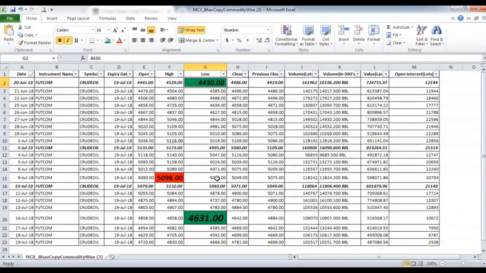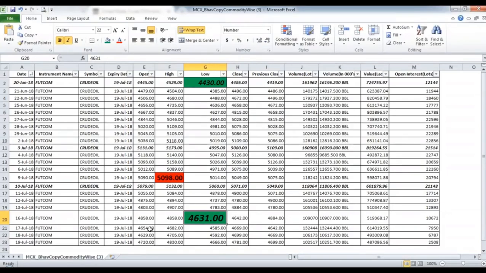So what will I expect? Now I will expect that most likely the closing of this contract should happen above this 4631 level, because it has formed a new support line just a few days before the contract closing. Now, if that is the case, if you look at it,